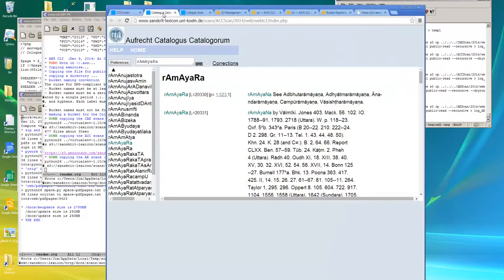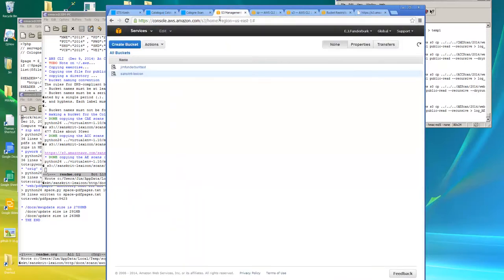displays, you know that one of the features here, I've got already opened up the Catalogorum dictionary reference. You know that one of the nice things you can get with it is scanned images of the page. And right now the scanned images are being served at the Cologne website, but it is possible to serve them from some other place, and one of those places is the Amazon Web Service S3